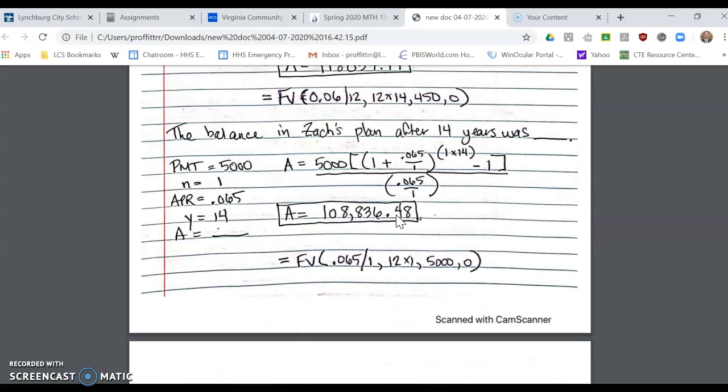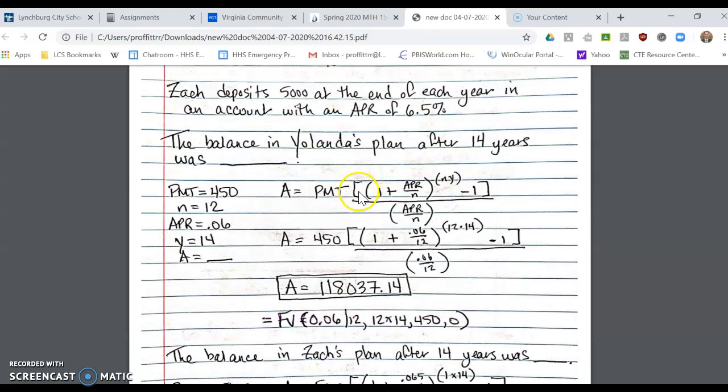So let's come down to Zach's future value. So his payment is going to be $5,000, but his end value is only going to be 1 because he's only making that $5,000 deposit or payment once per year. So the end value in the formula will be 1. The APR is 0.065 and the years is 14, and we're looking for the amount in the account after 14 years. So we're going to use the same formula we did for Yolanda, the